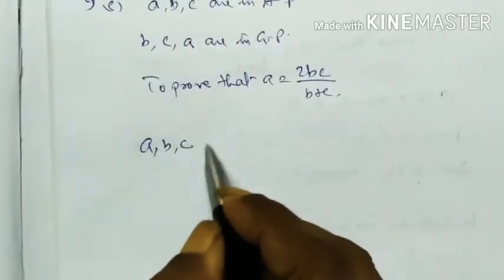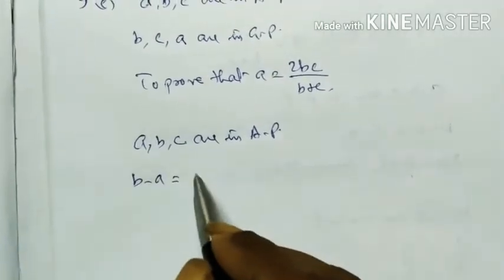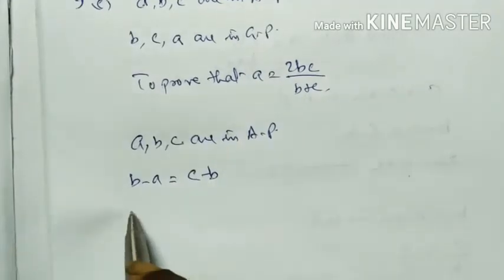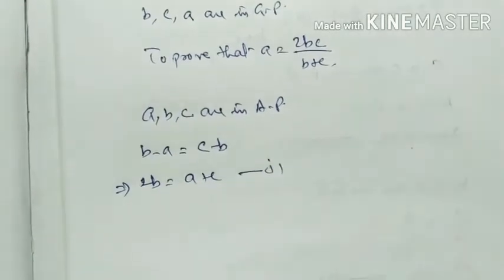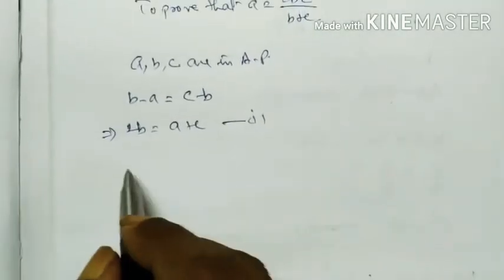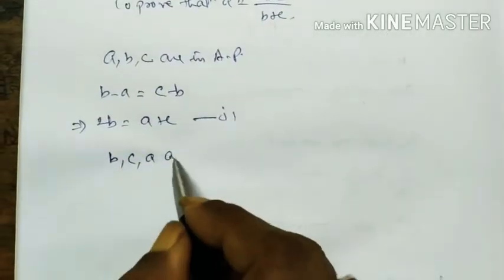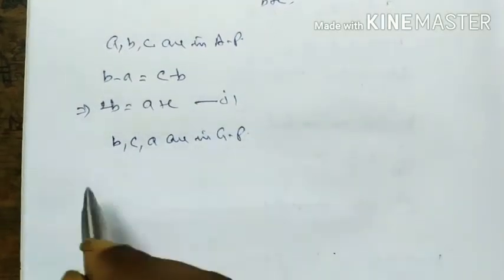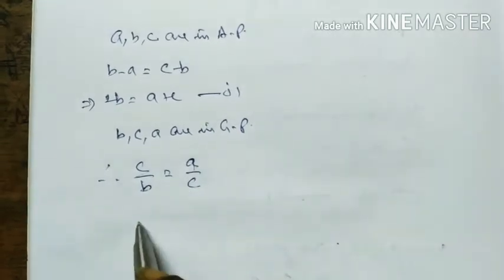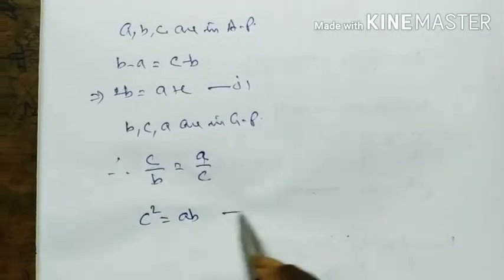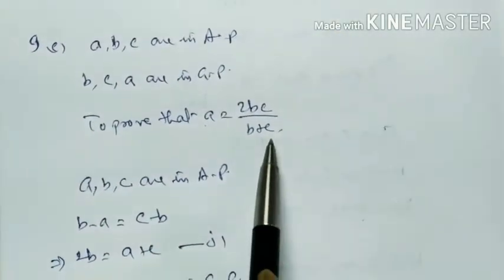A, B, C are in AP. Therefore, B minus A is equal to C minus B. So 2B is equal to A plus C. Let this be equation 1. And now you see that B, C and A are in GP. Therefore, C by B is equal to A by C. C square is equal to AB. This is equation 2. Since we have to prove this A is equal to 2BC by B plus C, so